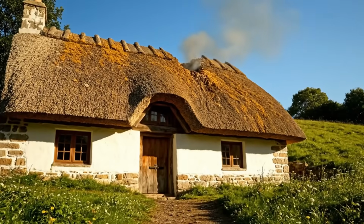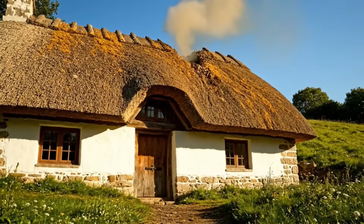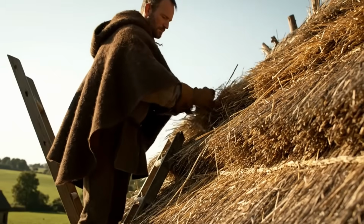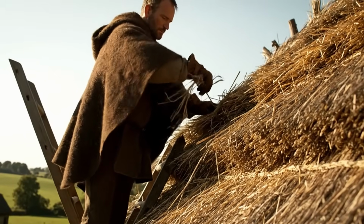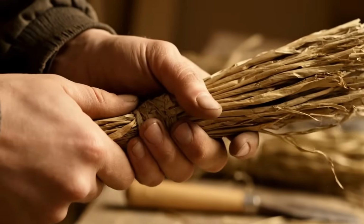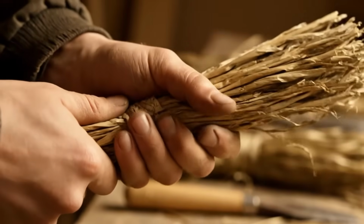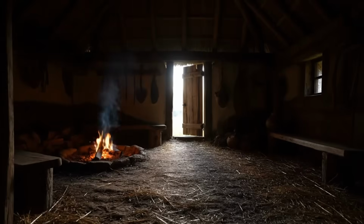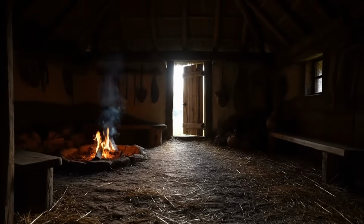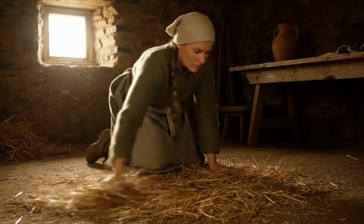When laid correctly and professionally with overlapping layers and regular maintenance and renewal, it could serve reliably for several decades without complete replacement, which made it economically advantageous. A thatched roof was also lightweight, which reduced the load on the frame of the house and did not require strong supports. The floor in the simplest and poorest peasant houses was usually earthen, well trodden to hardness, and sometimes